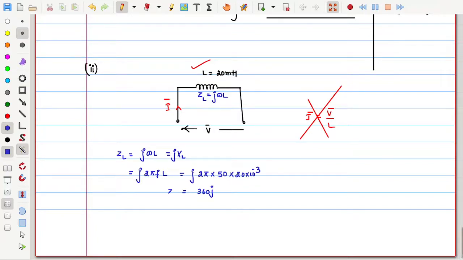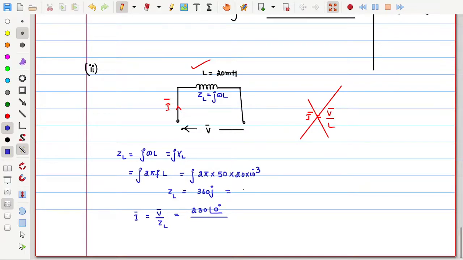So now this is what ZL is. Now we can apply our Ohm's law for this AC system as I is equal to V bar divided by ZL. But it is not simply L, it is ZL. So now how much is the V bar? 230 at an angle of 0, divided by, I already told you previously, this